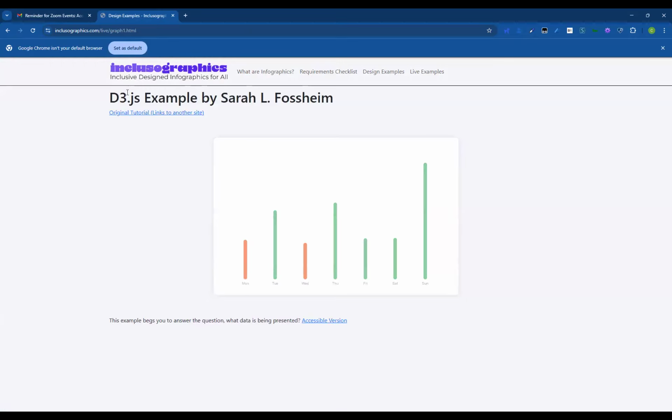So we're going to navigate our way over to this first example. And this is an example that is not mine. Sarah Fossheim developed this, and she wrote some tutorials. And I thought it was pretty cool to go see her process. And so this is her before. So now that you know what you know, let's have this same conversation. What are some recommendations of what would be accessible?